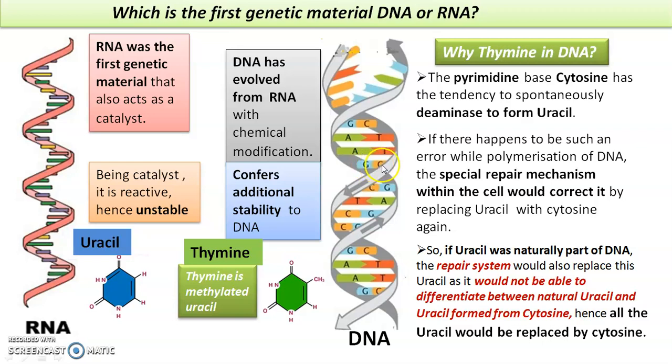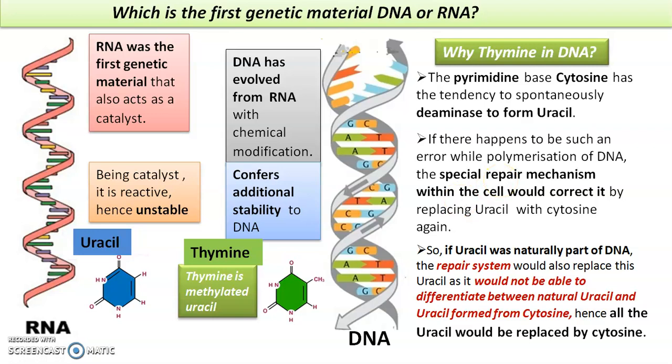That is wrong. DNA has a repair mechanism. It has a special repair mechanism which is not there in RNA. So it has evolved to have that repair mechanism, and that is because of the thymine that the repair mechanism works. How? If there was this kind of error, cytosine changing into uracil, the repair mechanism, which is actually the